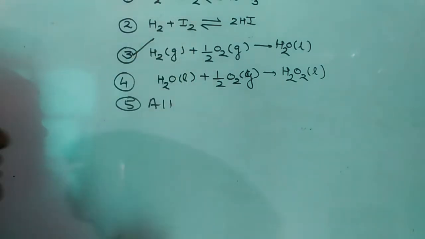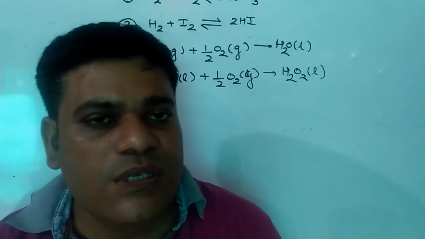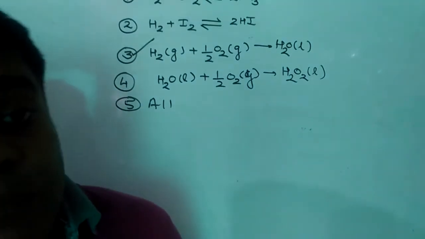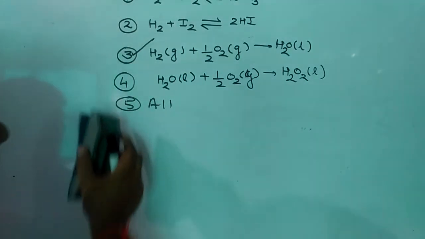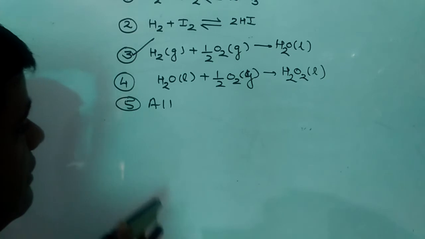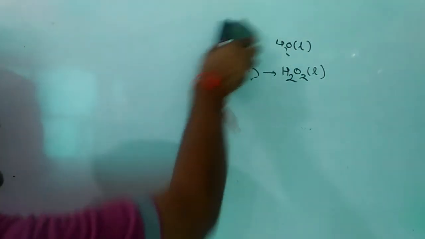Then in this case our answer will be the third one, because we have to know the enthalpy of formation may be defined as the change in enthalpy when one mole of compound is formed from its elements in their elementary state. In the first and second, 2 moles are formed, that's why they cannot be the answer. So the third option will be our correct answer. One thing more, we must remember the enthalpy of formation of an element is always zero. The enthalpy of formation of an element is always taken as 0.